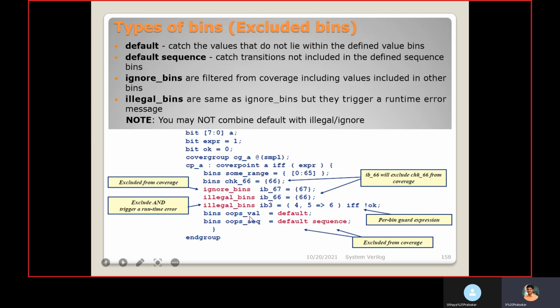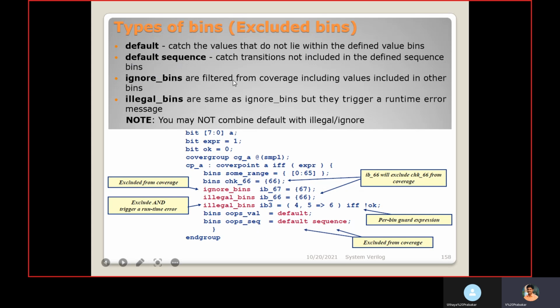But this will not be considered for coverage. Default sequence: catches transitions not included in the defined sequence bins. Sequence bins we are mentioning here. When these specified sequences do not happen, it will choose the default sequence and this bin will get a hit. This is also excluded from the coverage.